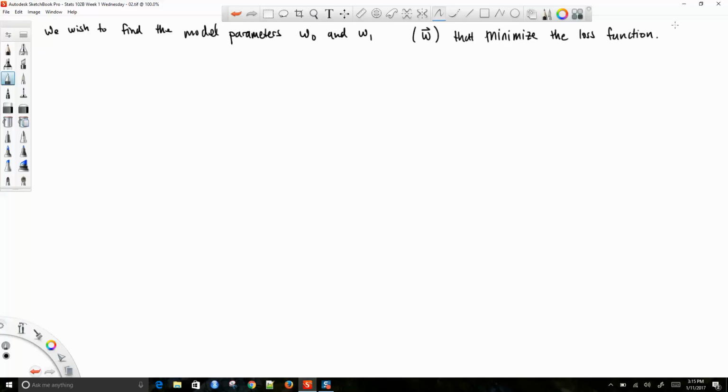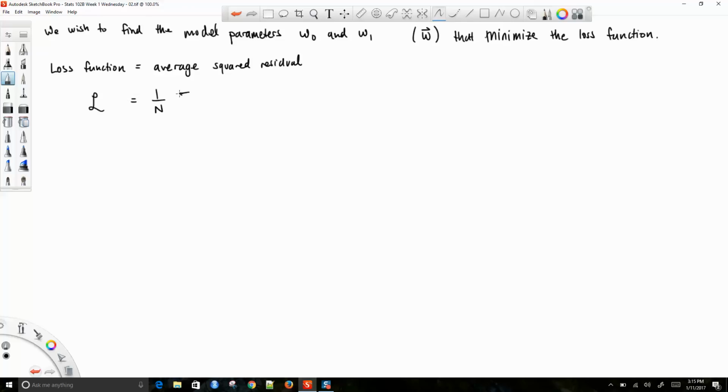So what was our loss function? The loss function will be the average squared residual. And so that's going to be 1 over n. So we'll say our loss function is 1 over n,